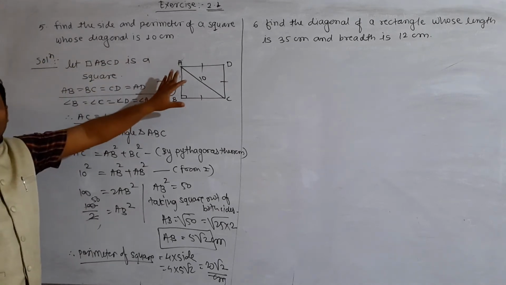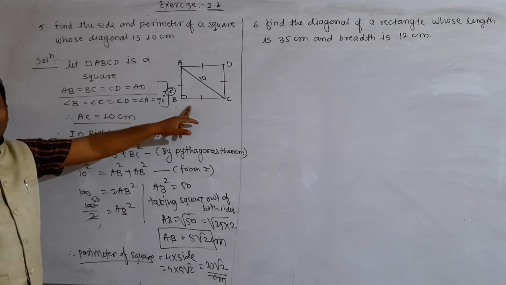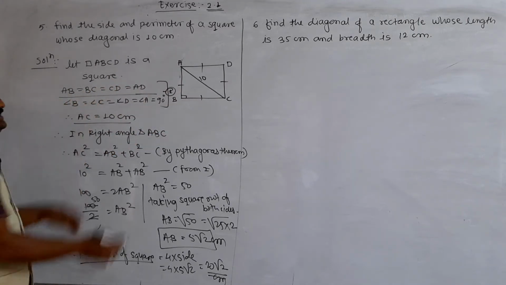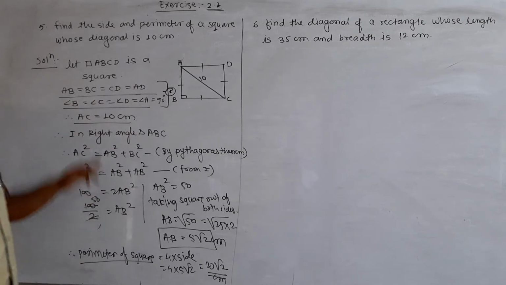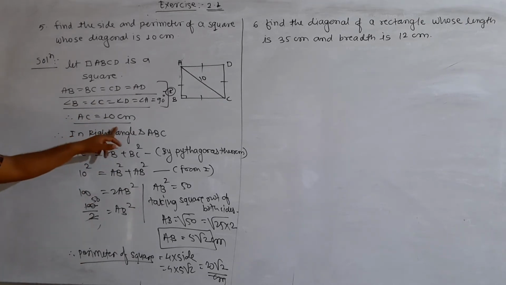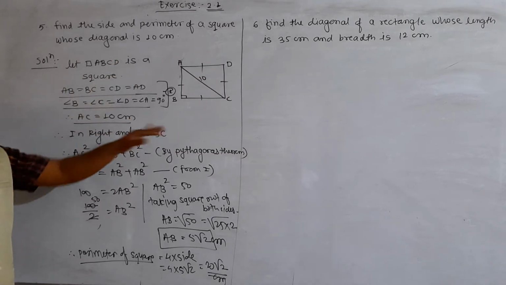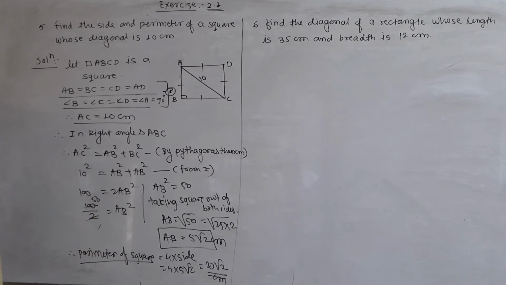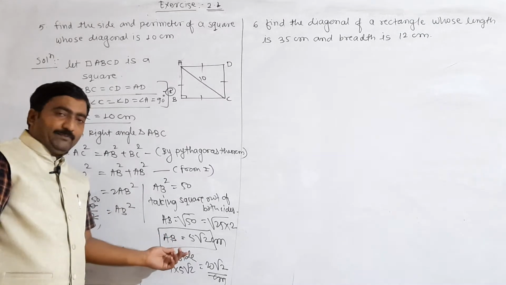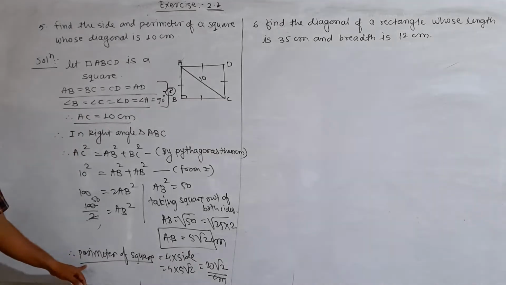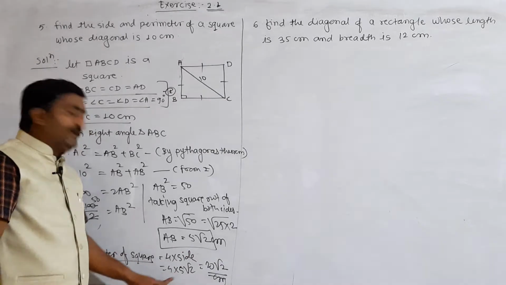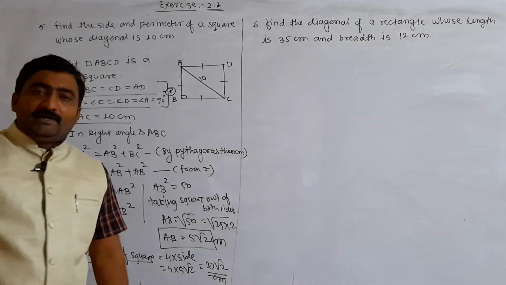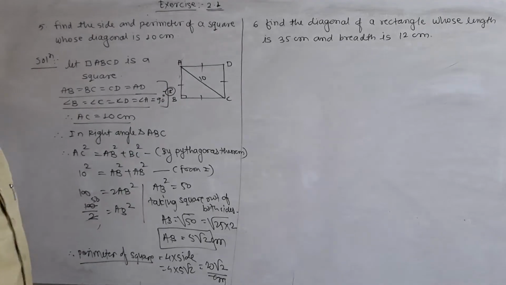First, take a quadrilateral as a square. Quadrilateral ABCD is a square. All sides are congruent and each angle is 90 degree. We have to give one diagonal AC is equal to 10 centimeter. In right angle triangle ABC, by Pythagoras theorem, by substituting the values, we can calculate the AB. And by using the formula, perimeter of a square is equal to 4 into side, 4 into 5 root 2 is equal to 20 root 2 centimeter. In this way, we can solve the given problem.